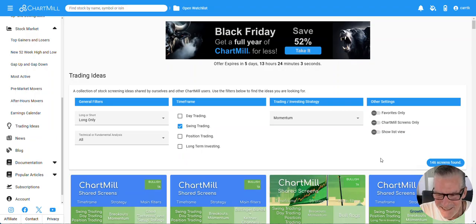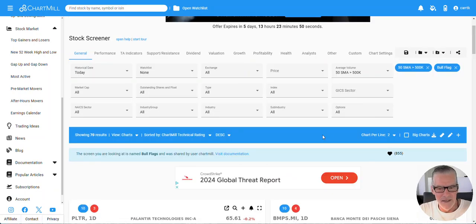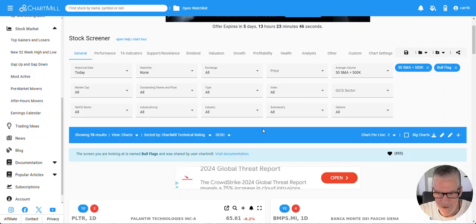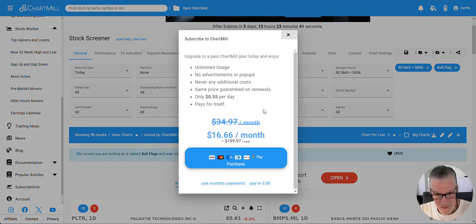A little too much, right? A little too much variety there. So maybe we put in a few more parameters, but that's interesting. So when you get down to, let's say, bull flags, you run the bull flag, and you've got 7-day results. You can fiddle with some of the parameters that are up there on the board. You can see them. You fiddle with those. You put in a higher...